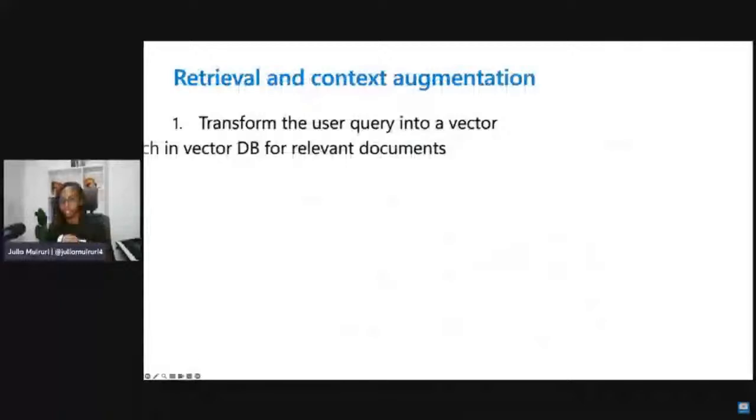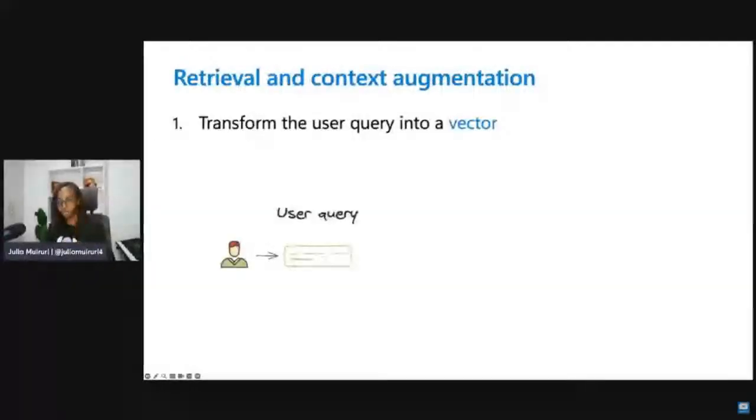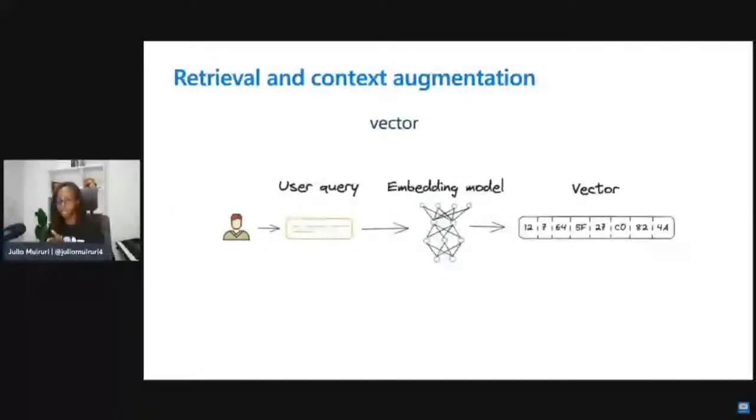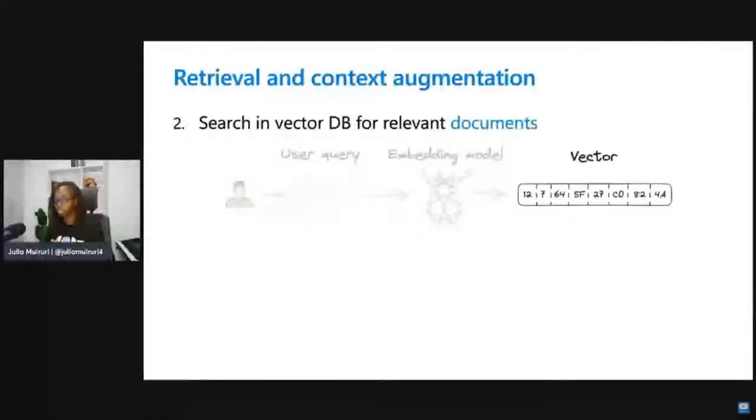Once you have built your knowledge base, the RAG pipeline consists of 3 key processes. Number one is that when a user comes into your application, they send in a user query. You first have to embed or vectorize their query, so you use the same embedding model that you used before to convert the user's question or prompt into its vector representation. Then, based on their query, you perform a search in the vector database that you created.